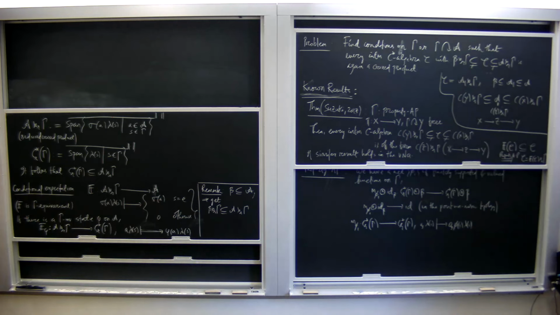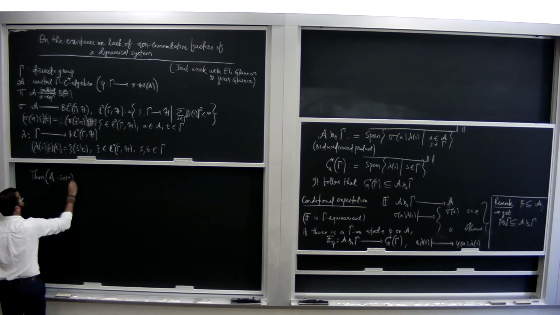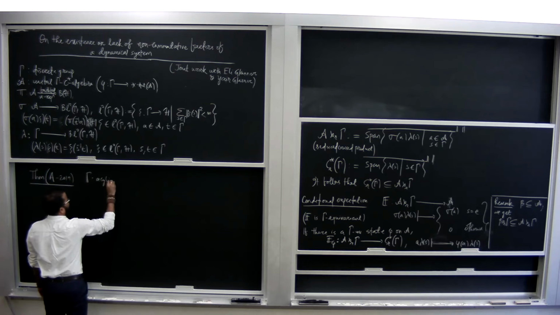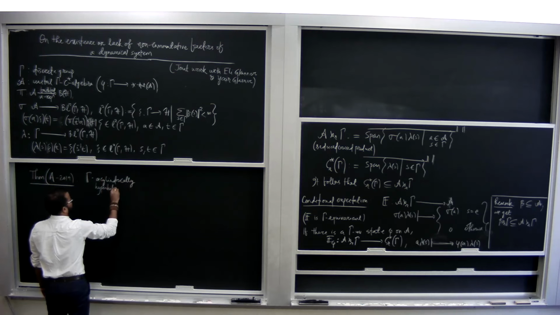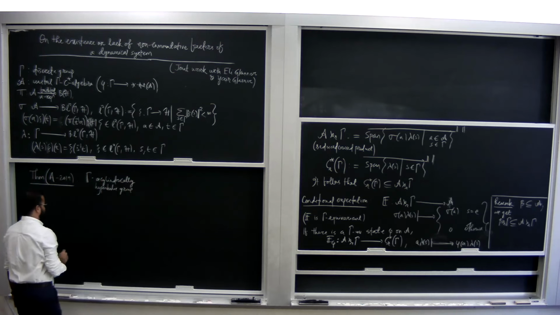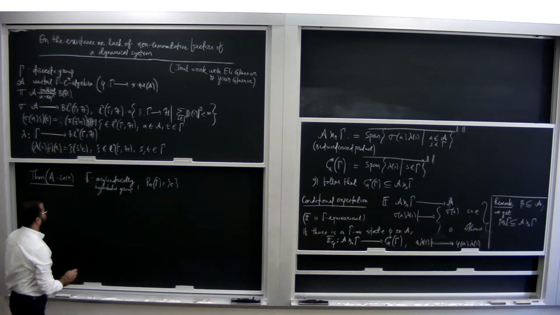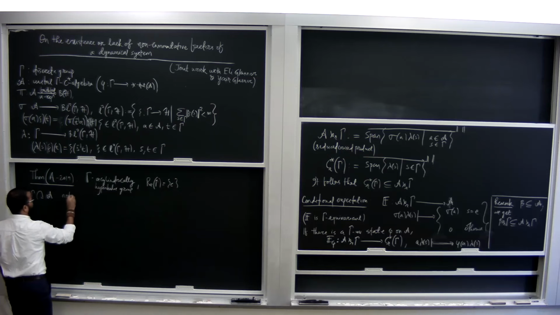Okay, so now the question is what happens. In the result of Suzuki, we cannot take Y to be a single point because his assumption is that the action on Y is free. So what we could show though is that if gamma is an acylindrically hyperbolic group, and the amenable radical of the group is trivial, and I have an action on a unital C-star algebra which is not faithful,